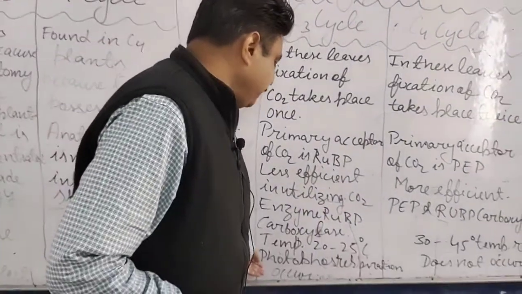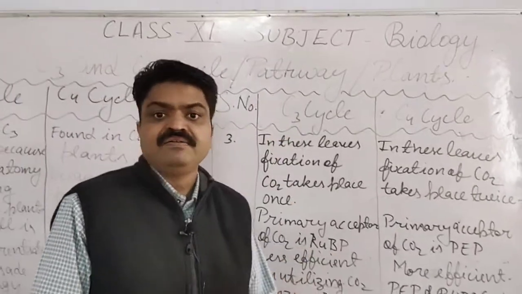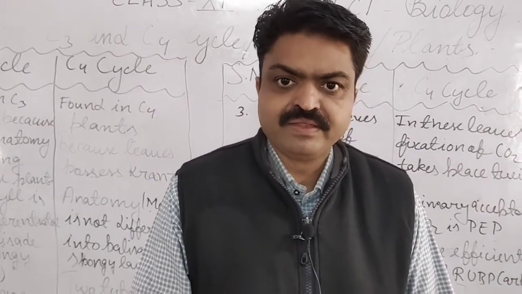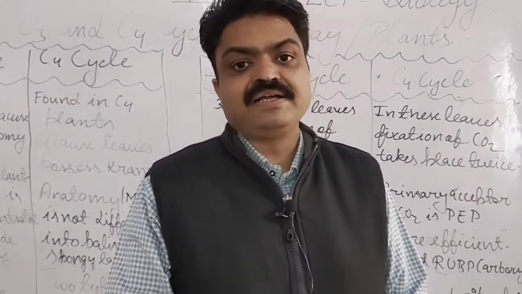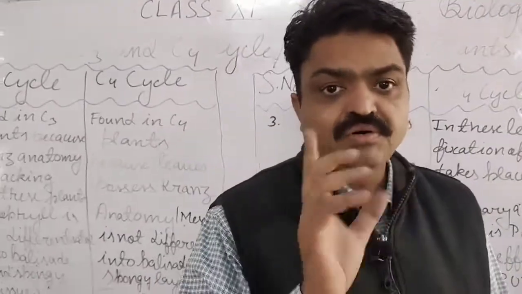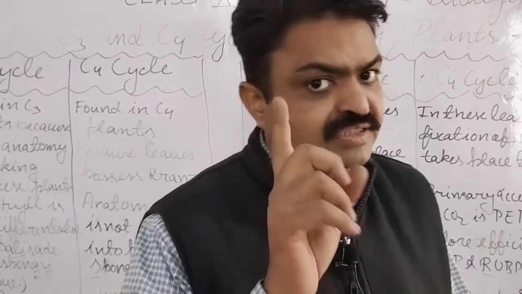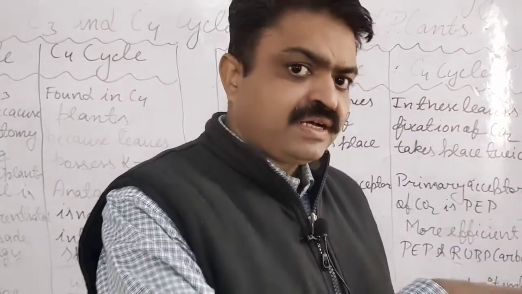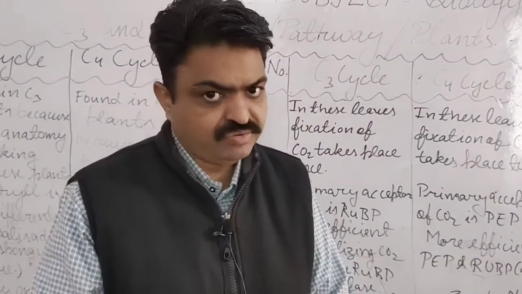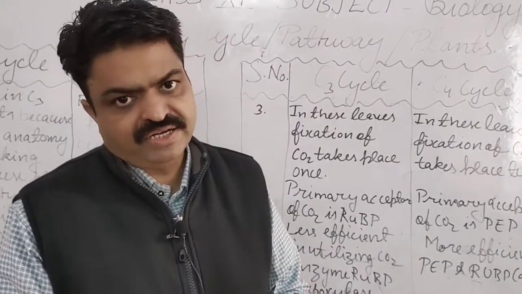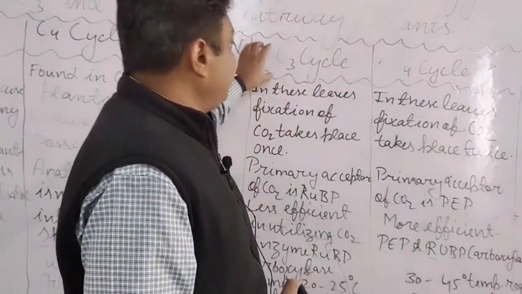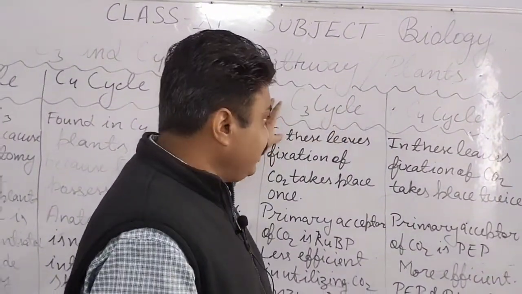In the C3 cycle, photorespiration occurs. Now what is photorespiration, student? The respiration that takes place simultaneously with photosynthesis is known as photorespiration. In this, the concentration of O2 and CO2 remains the same, and this process is known as photorespiration. So photorespiration occurs in the C3 cycle,